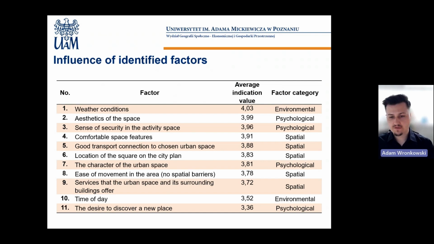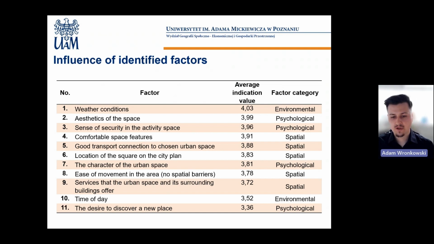However, the relatively high rating assigned to aesthetics is surprising. Also, the convenience of urban features and the connections to the space can be distinguished in terms of the ratings assigned by respondents. Several factors with relatively medium influence on the choice of activity space are the location of the square in the city structure and character of the space, ease of movement, and the services present in and around